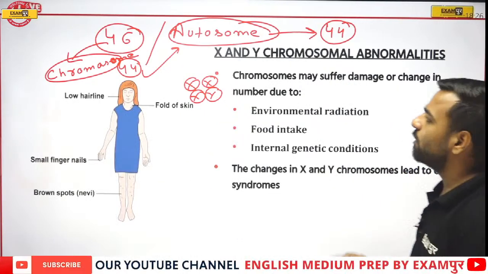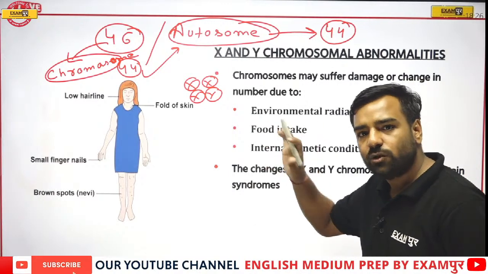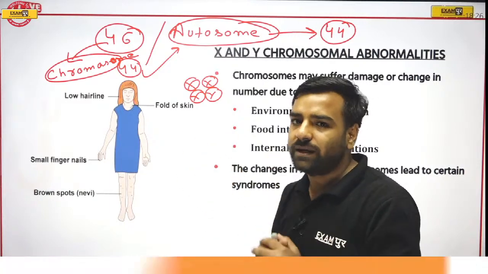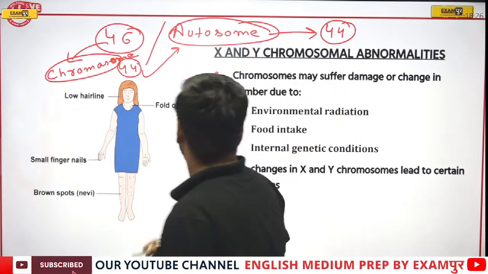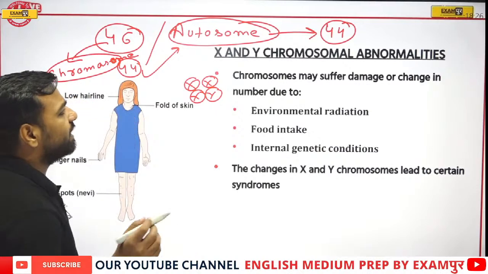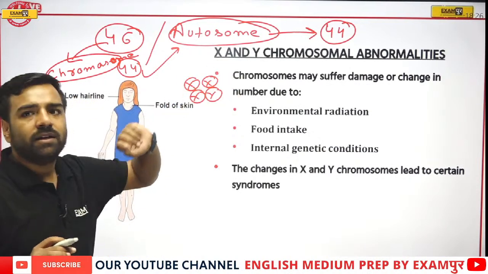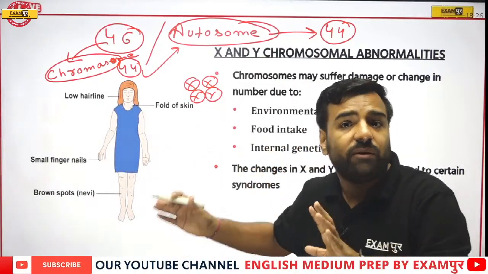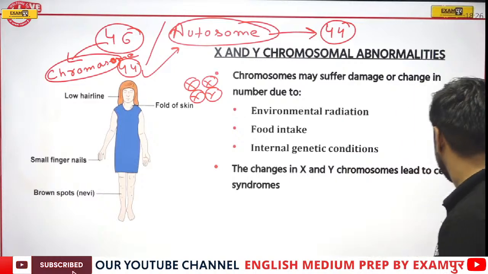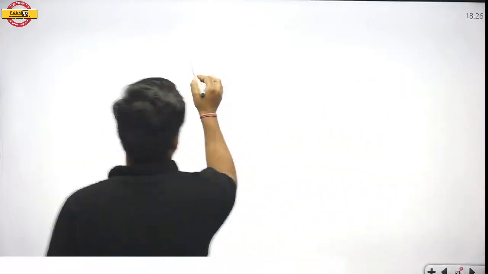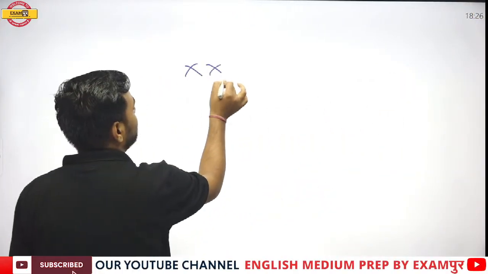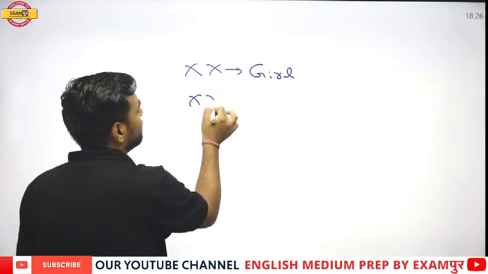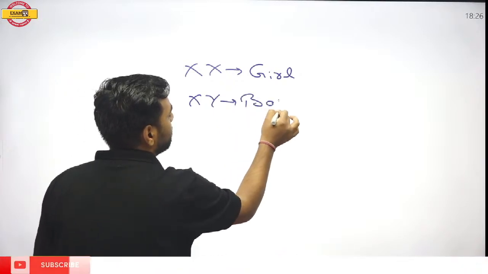So yes, I was talking about the chromosomes. We are aware there are 46 chromosomes. And if I talk about this sex determining part, we have understood XX, XY. Now, what if someone is having an issue with this X and Y? This is known as chromosomal abnormalities. What kind of abnormalities may it be? Let's have a look. When we are talking about XX, it is clear, we are talking about a girl. If I'm talking about XY, that means I'm talking about a boy.